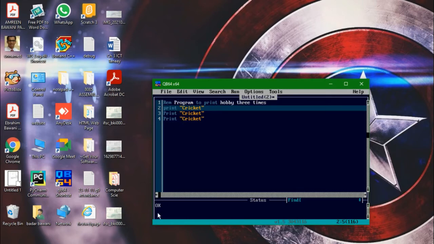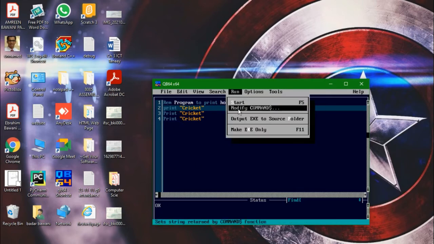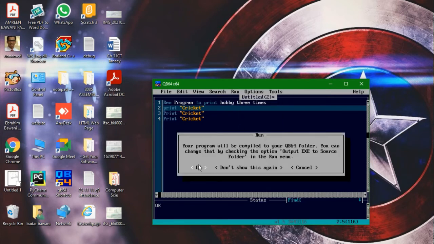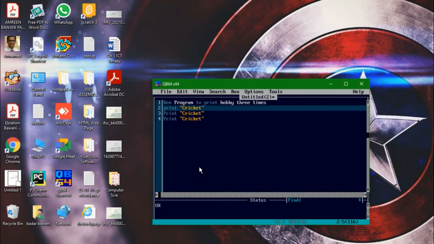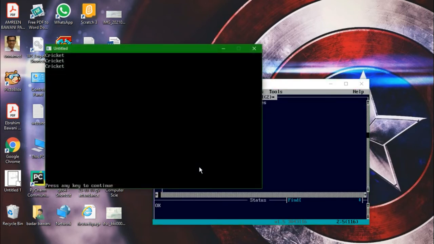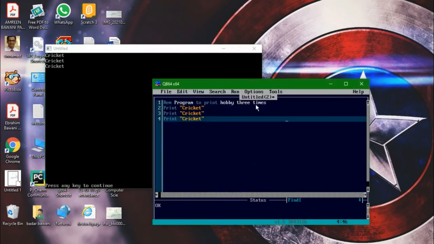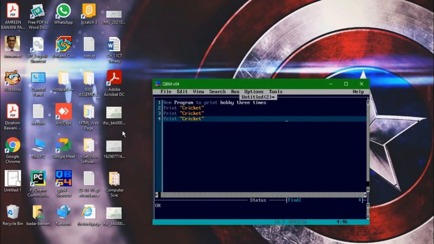Now it is saying okay, I can run the code. So I am running the code. This will execute my print statement 3 times. In the output I would be just seeing cricket, cricket, cricket. I won't be able to see the remark section. The remark section would be just for the programmer who visits the code and wants to know what exactly this code was all about. This is something which will be understood by using this simple print statement.